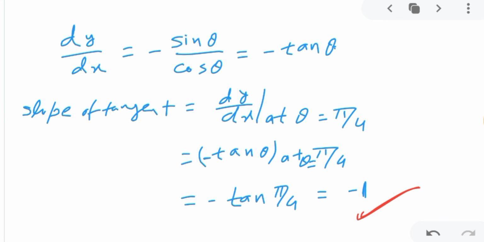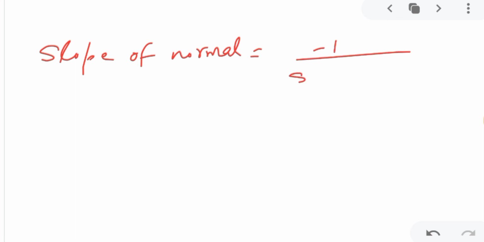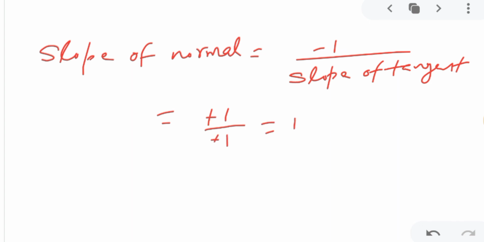Now this is the slope of the tangent, and we have to find the slope of the normal. Just now we studied that the slope of the normal will be nothing but minus 1 upon the slope of the tangent. The slope of the tangent we found is minus 1, so minus 1 upon minus 1, the minuses cancel, so 1 will be our slope of the normal and our answer. This can come in 5 marks also, because the solution is lengthy. So you just have to practice: if it comes in 3 marks, you will get 3 marks, and if it comes in 5 marks, then you will enjoy, correct.